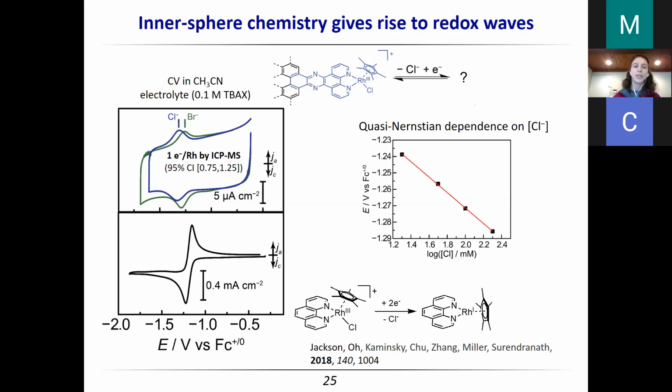And our next question was, okay, if we're doing a completely different redox reaction where we have a different number of electrons, what's going on at the rhodium? In the molecule, we actually expect this to be a 2-electron process because the rhodium 2 complex would be so high in energy that it would already have enough energy to go all the way to the rhodium 1. But in this case, we're doing a 1-electron redox reaction. So what's happening at the rhodium site? Is it actually a rhodium 2?